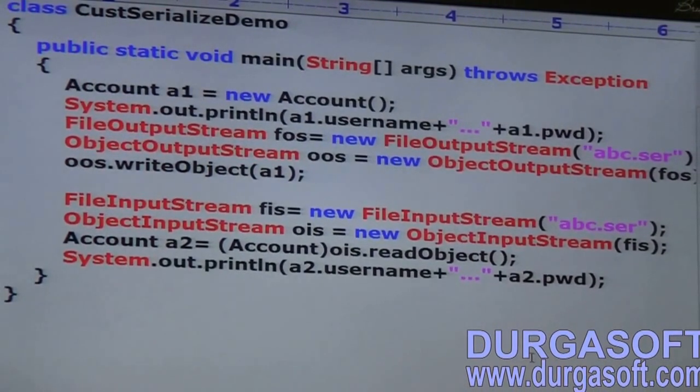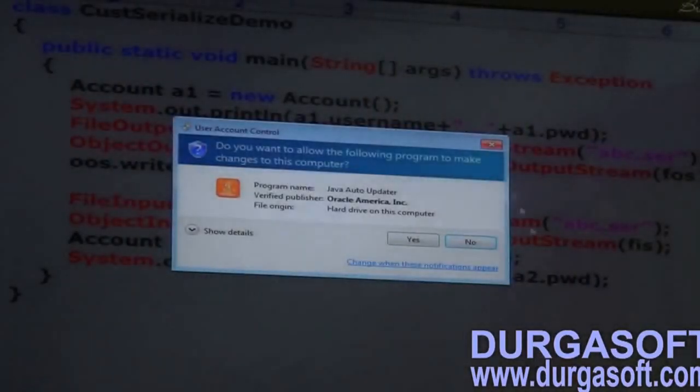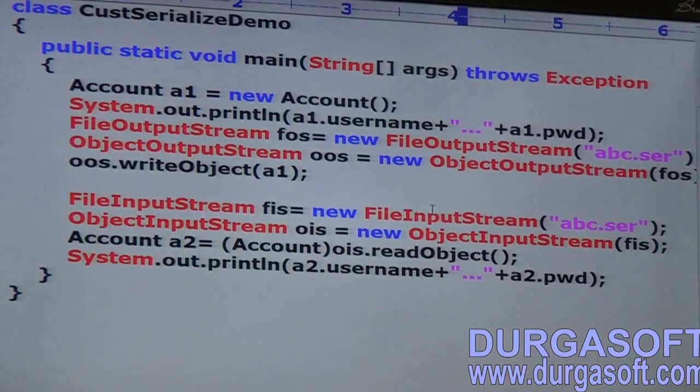I'm creating an Account object. Account a1 is equal to new Account. System.out.println a1.username, a1.password. FileOutputStream fos is equal to new FileOutputStream of abc.ser. ObjectOutputStream oos.